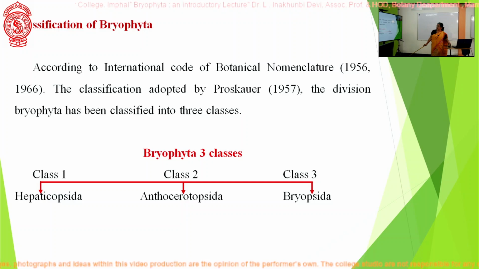This class contains a single order, which is known as Anthocerotales, and which includes 4 genera, that is Anthoceros, which is included in your diagram, and Megaceros, Dendroceros, and Notothylas. And in your syllabus, we have to discuss Anthoceros only. And now the third class,